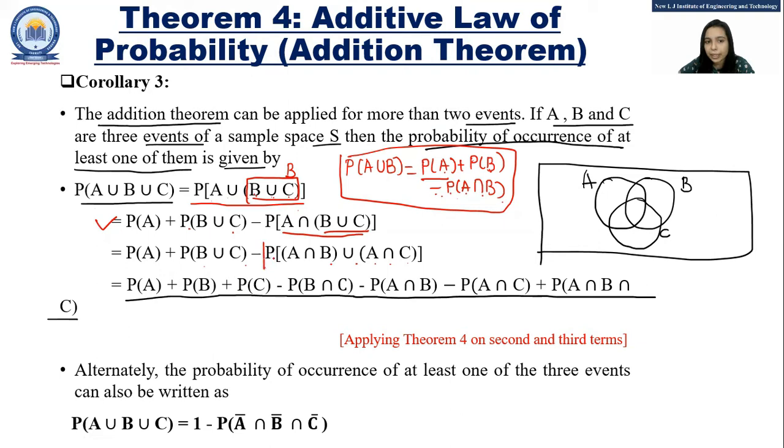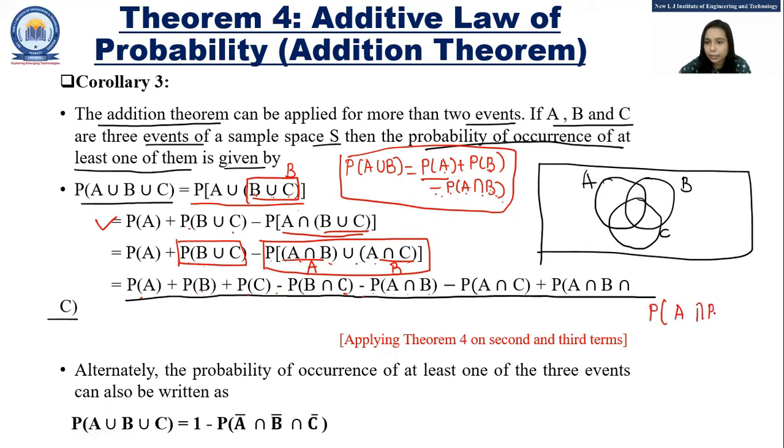Now the same theorem we can apply on the second term and the third term as well. So here P of A as it is. Now we apply this same theorem, this theorem number 4, on the second term first. So P of B plus P of C minus P of B intersect C minus first P of A intersect B, that is A represents this, and this is considered as a B. So P of A, that means P of A intersect B minus, because here there is the minus first, so minus plus minus, then P of B, so P of A intersect C minus minus plus, so plus P of